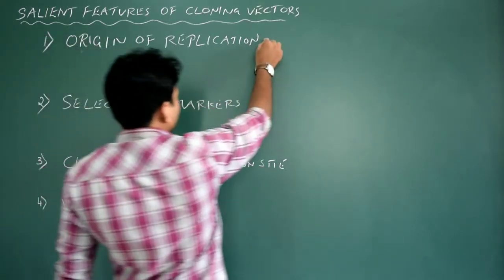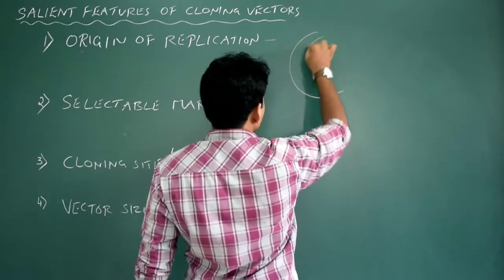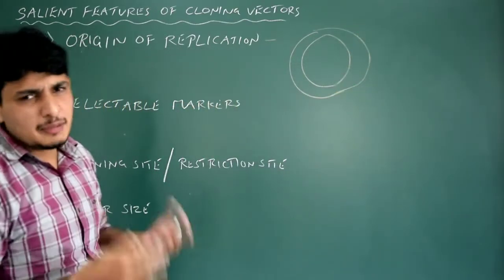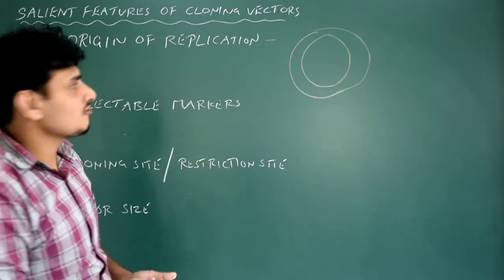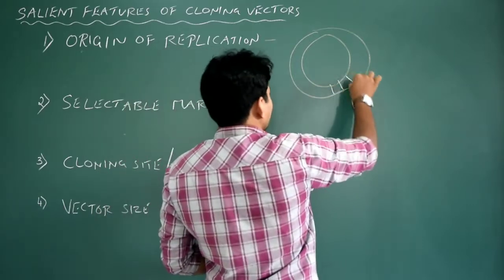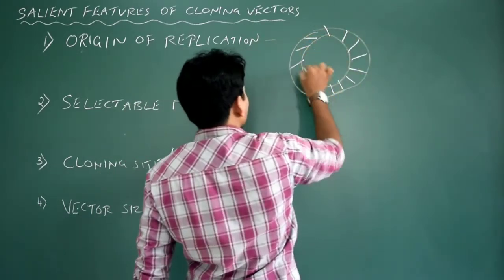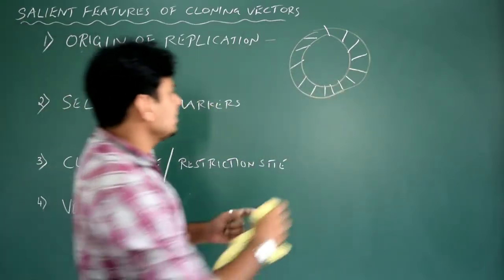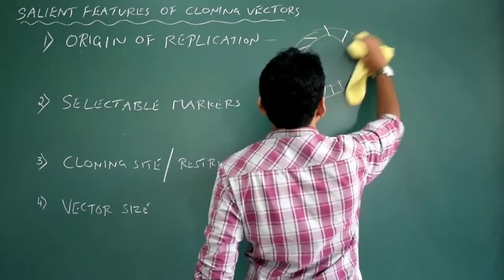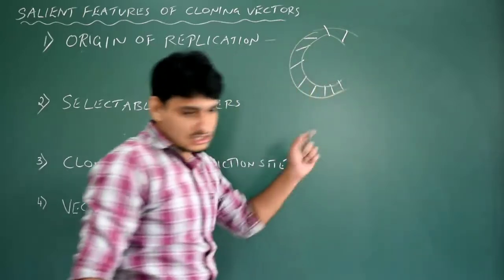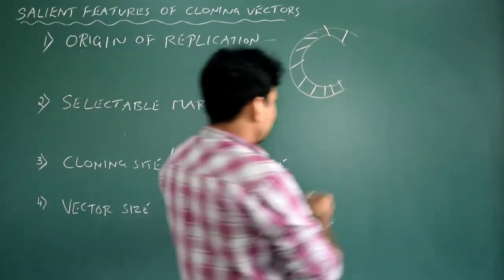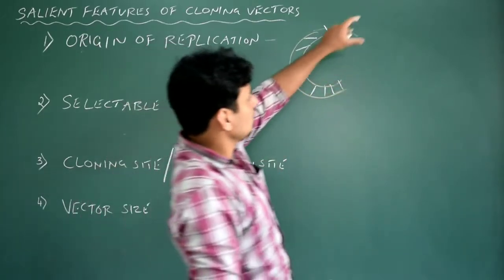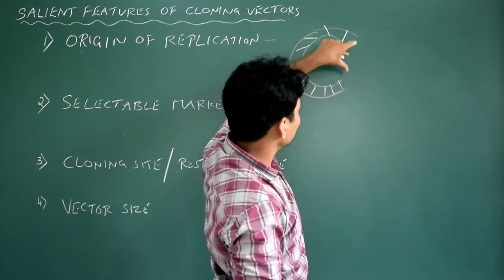So, origin of replication. For example, let us assume that this is the cloning vector. It could be any type of cloning vector; I think I have mentioned 8 different types. So this is a double stranded, circular DNA, and let us assume that I am going to treat this with a restriction enzyme, and they cut exactly at a specific restriction site. So I have got the fragment. One particular fragment is being removed. Why? Because I want to introduce foreign DNA to this site.